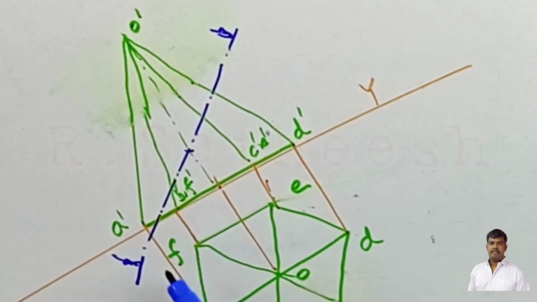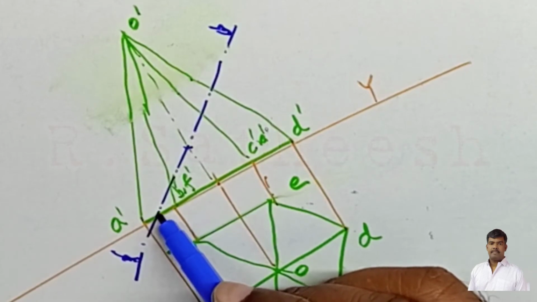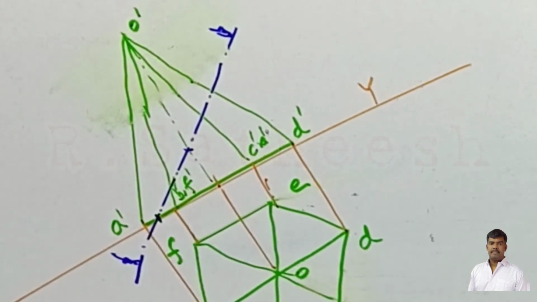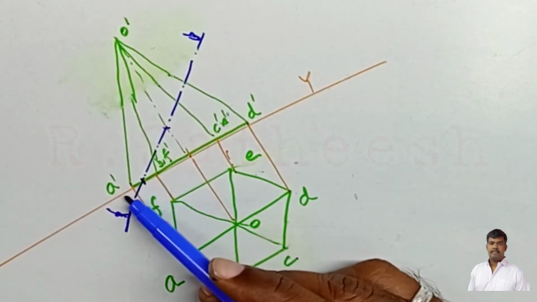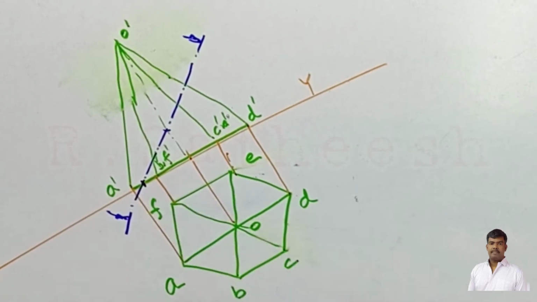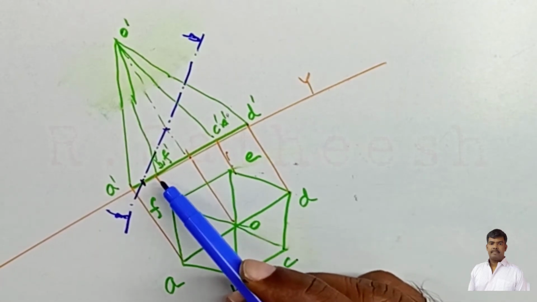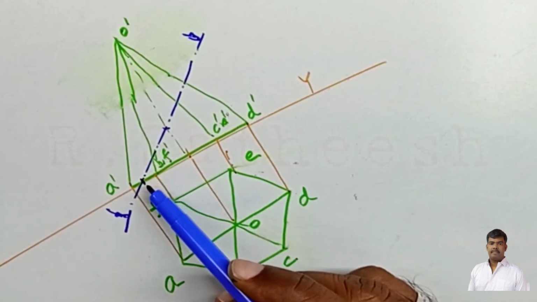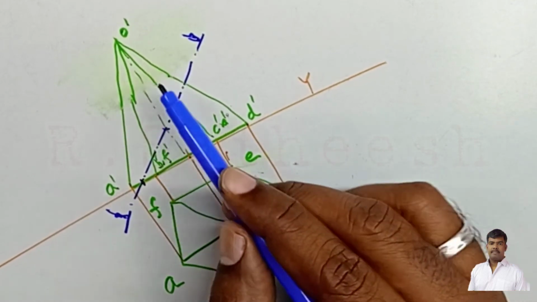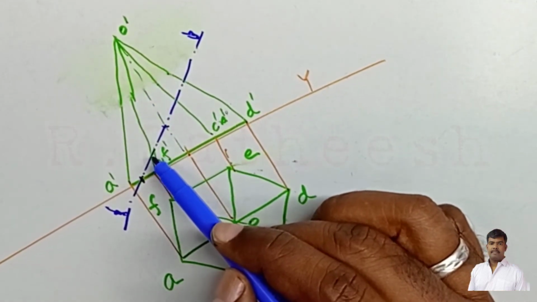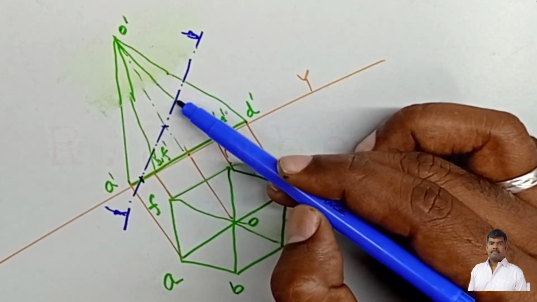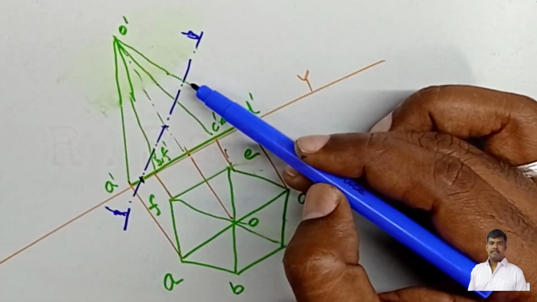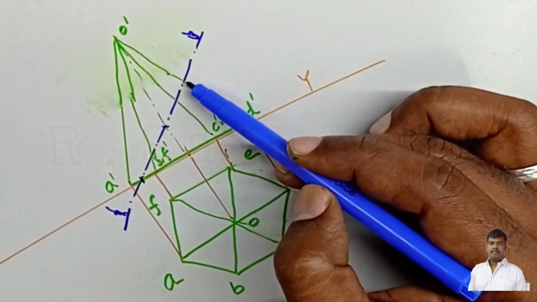Clear? So for example, if it cuts the base, we get 2 points, because the base in this case is F to A and A to B. We already know that if the cutting plane cuts the horizontal surface, definitely we get 2 cutting points. So here F to A and A to B, 2 points. Next, in the slant edges OB and OF, here also 2 cutting points. Next, the slant edges OC and OE, therefore here also we get 2 cutting points. And the last one is OD, only one slant edge, therefore only 1 cutting point.